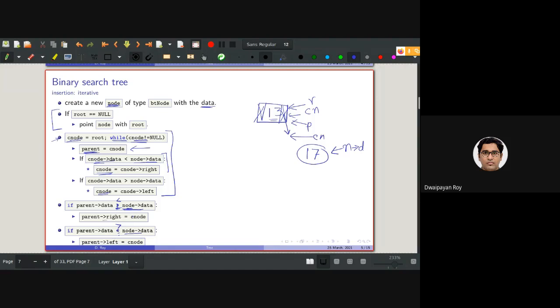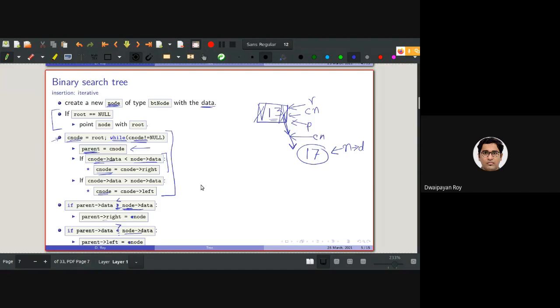So this should be n. It should not be cn. So node will be inserted as the right child of parent node. So I hope it is clear. If you feel like we need to discuss this further, we can discuss this in tomorrow's class.